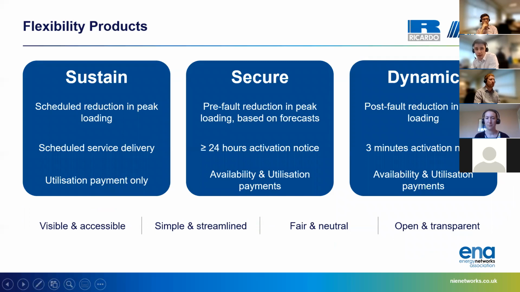Through the process of product development, we identified 3 products: Sustain, Secure, and Dynamic. If you're familiar with them, you'll understand that these are very closely aligned with GB, and they reflect different use cases within congestion management. On the left-hand side, Sustain is really our scheduled product, where the delivery schedule is known at the point of procurement. With a concrete delivery schedule, we only have a utilization payment for the energy delivered. Secure in the middle is our pre-fault product, where we will dispatch based on forecast network congestion, and